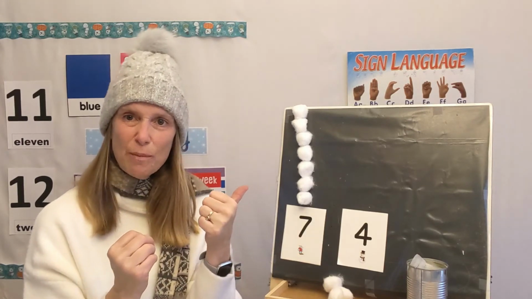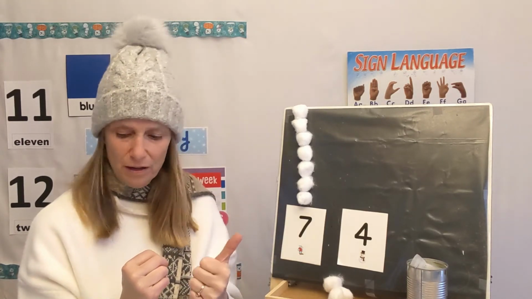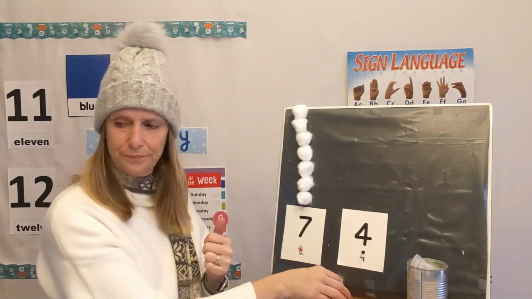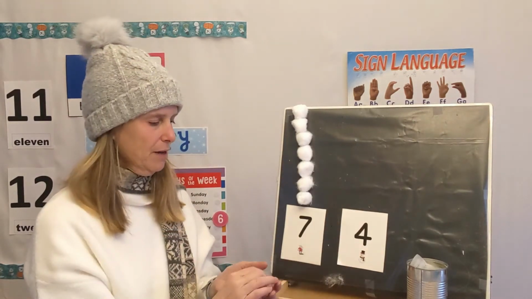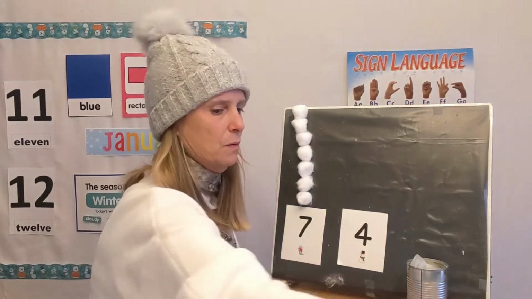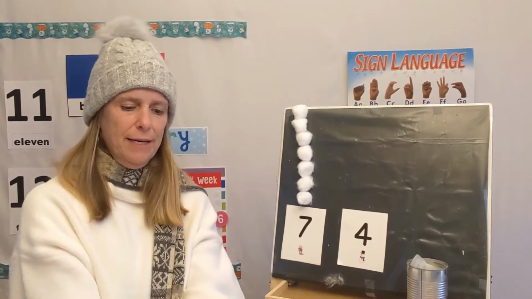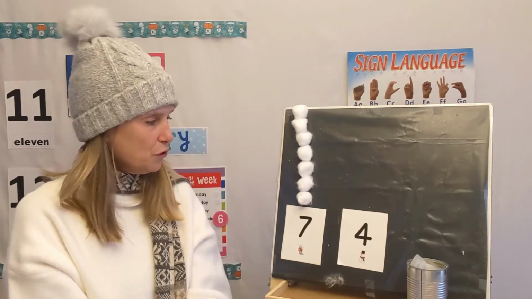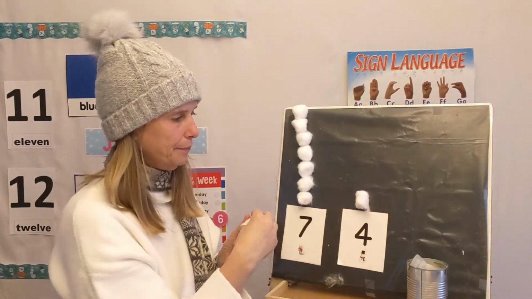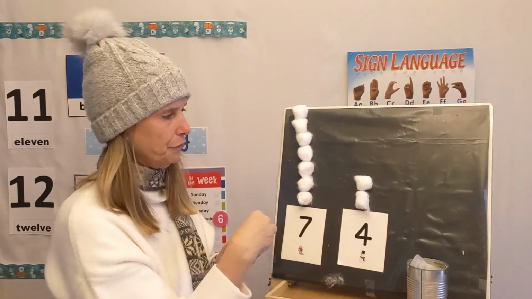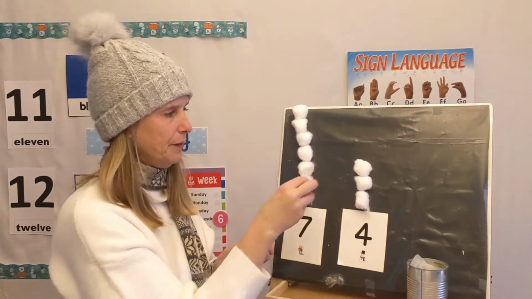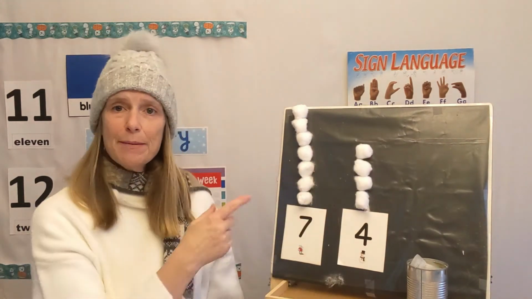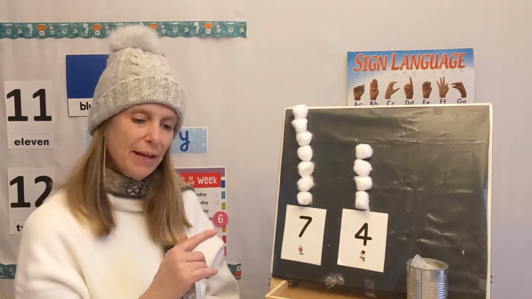Now let's make a snowman that is 4 snowballs tall. Where did my snowballs go? I don't think I'm going to have enough. I'm going to have to grab some more. Excuse me. Let me grab some more. I didn't have enough to keep going. Okay, a snowman that is 4 snowballs tall. 1, 2, 3, 4. And I can keep going with the other numbers, but that's all we're going to do together.